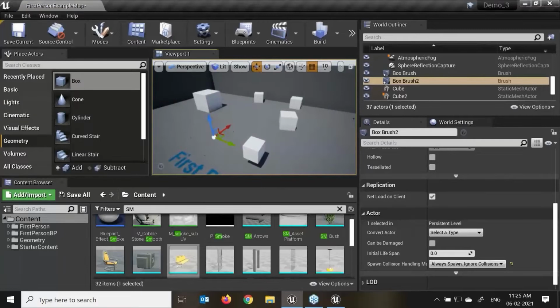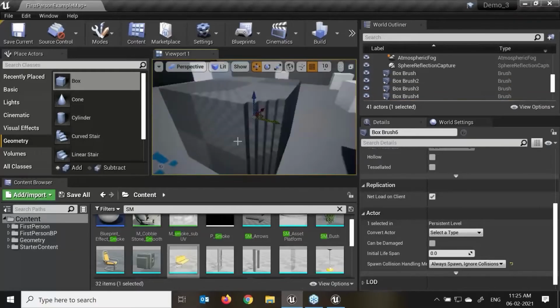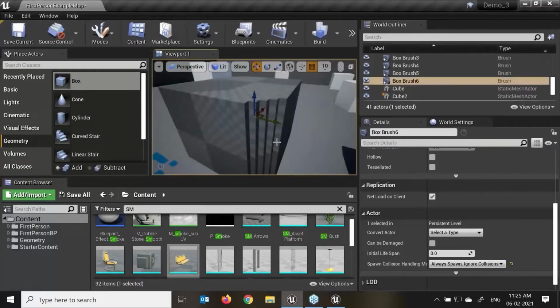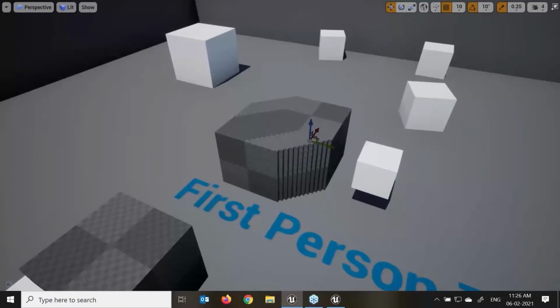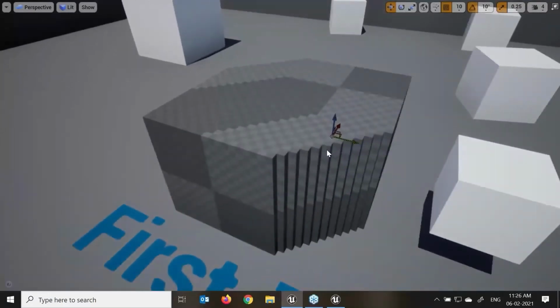if I'm making a duplicate, if I want to make any level or any modeling, any exterior or interior part of my scene, if I'm using geometry, it will take more RAM. If I press Control W, I'm making a duplicate of that object. The shortcut key for that is Control W. And here you can see it's making a duplicate instance.